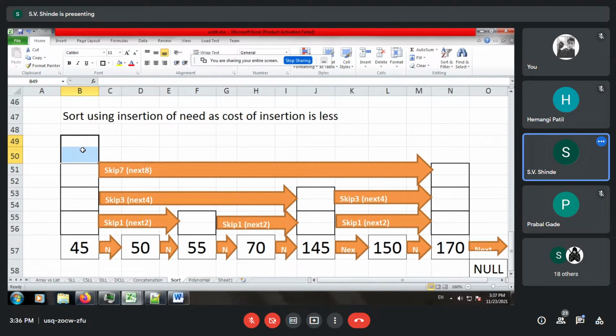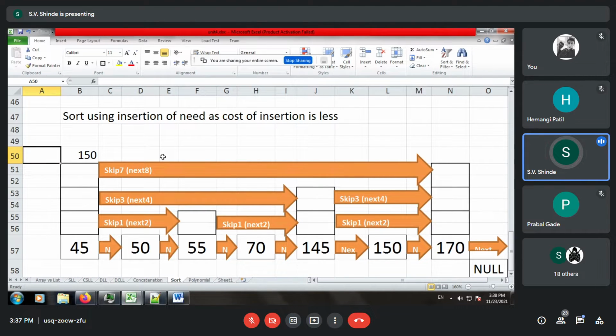Okay. Now let us change our strategy and search for another number. Let us take 150, and we have to search for this 150.